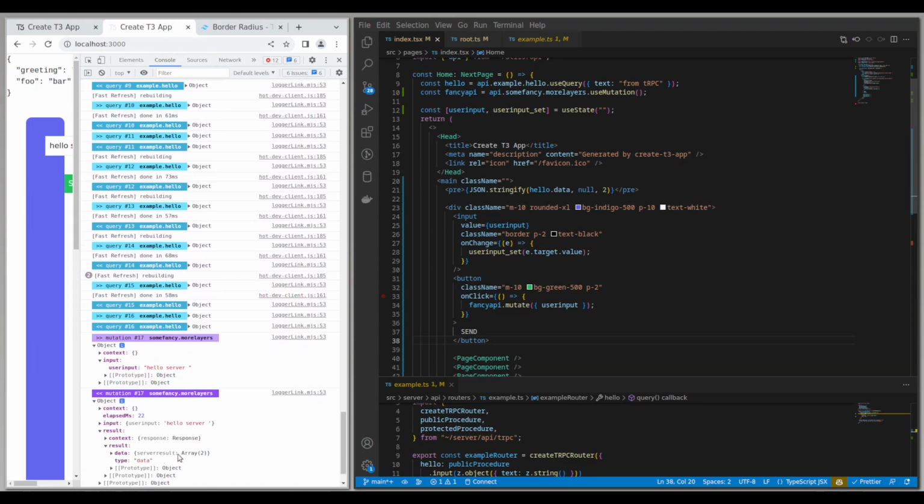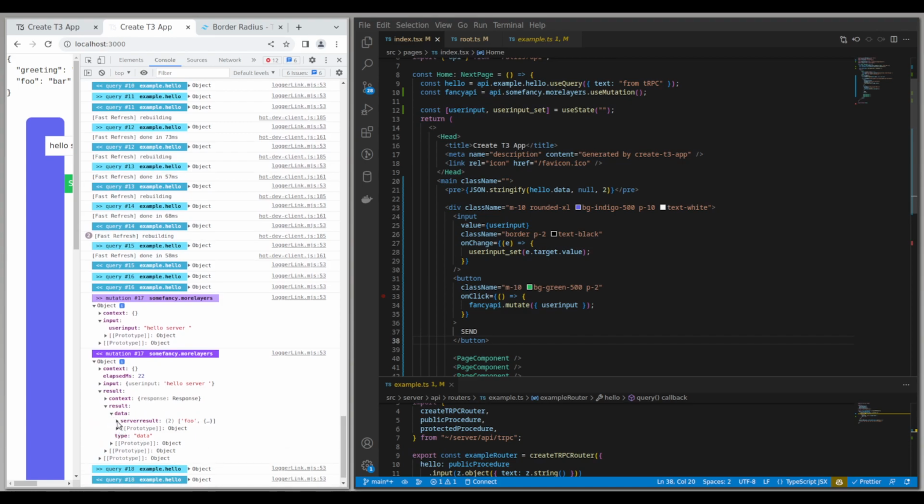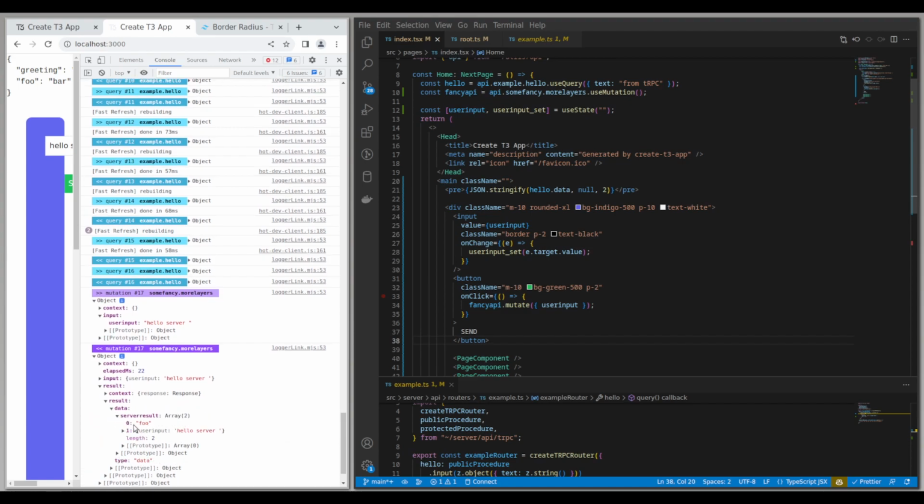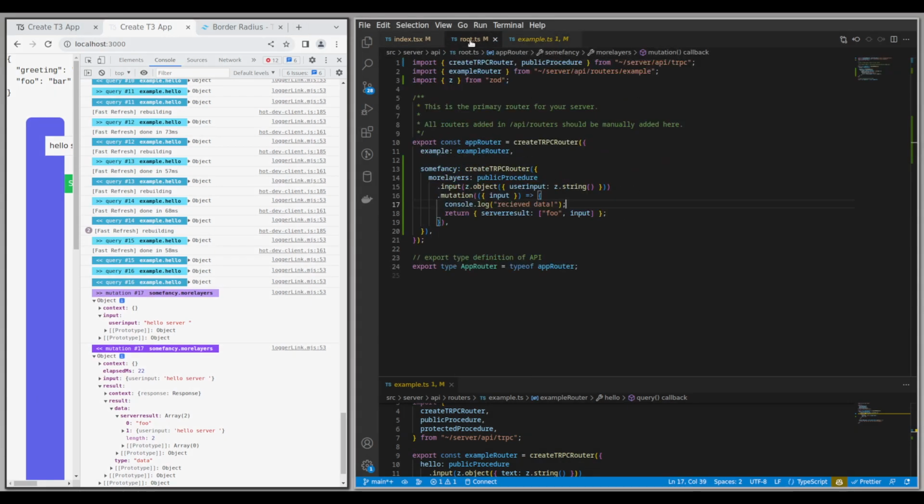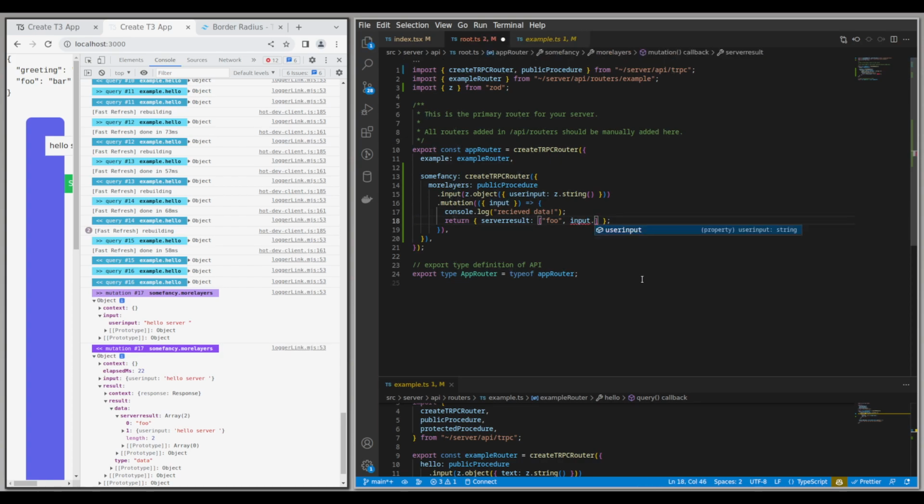The result is an array with 2 elements, so it was the server result is foo and then whatever we typed in, and it's actually the entire input, right? So that's input dot user input would have been just a string. And yeah, that's